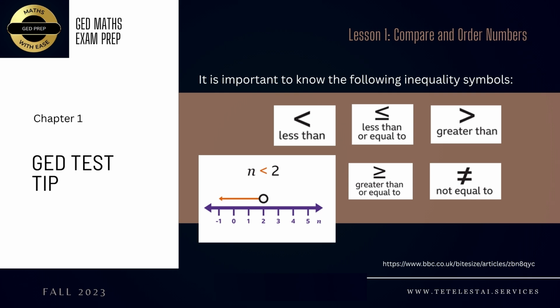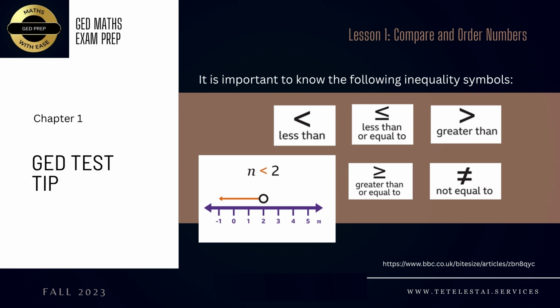So for example, if you see 5 and then you see this arrow that's pointed to the left, and then you see 25 on the right hand side, you know that mathematically what the person on the other side of that is trying to communicate to you is that 5 is less than 25. Okay. The second symbol that you should pay attention to is less than or equal to, and that essentially just